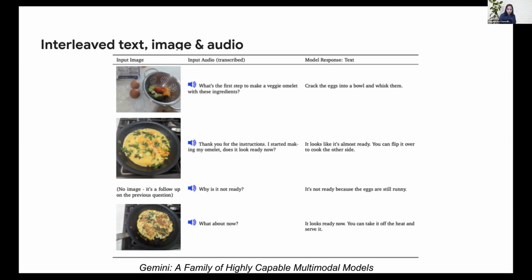And then, interestingly, the user presents an image of having tried that first step and asks whether it is ready now, and the model is able to analyze and say, oh, it looks almost ready, but what are the next steps that you should take? And then it advises, and so on. So this kind of gives you a sense of, okay, we're not just limited to text and image, we can do audio.